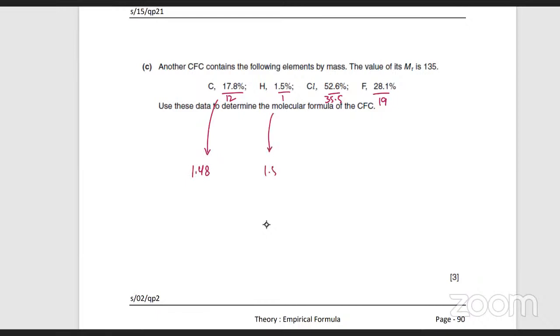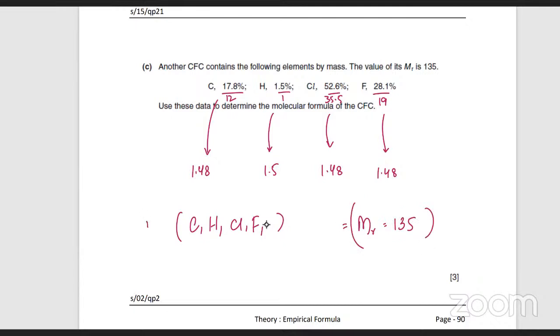ठीक है 1.48। What about this one? Either 1.5। What's this? सर इसके भी 1.48 है। And this is what? ये भी 1.48 है शायद, ठीक है। तो सारों में एक ही रेशो आ गया। That's 1:1:1। You got carbon 1, H1, Cl1, F1, that's the... So the MR that's given is what? 135। Remember molecular formula is n times the empirical formula। Find it's multiples हो सकते हैं ना the ratio, this is the simplest ratio।